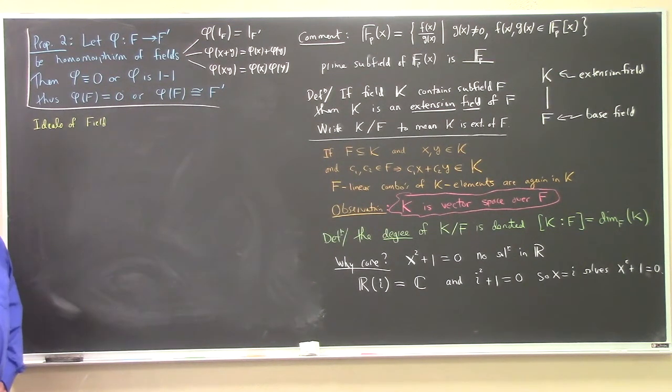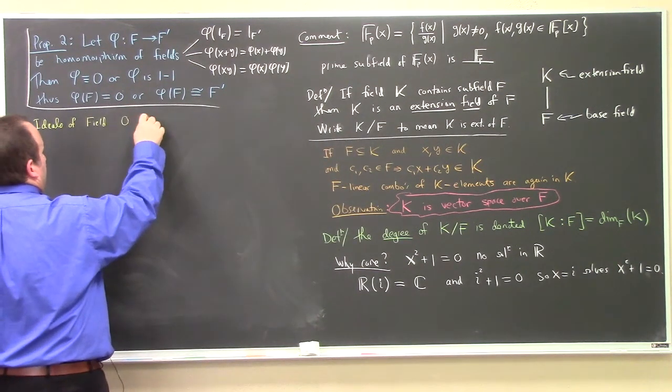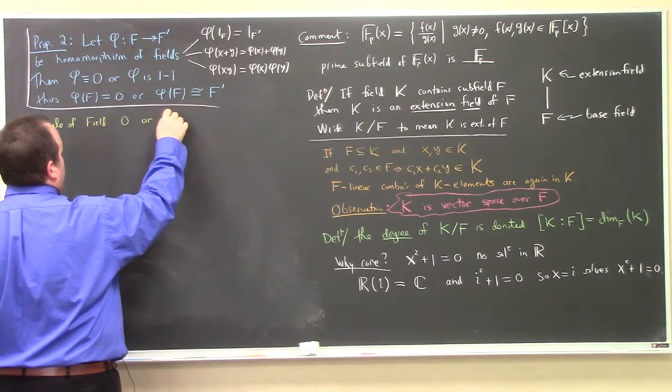so with an ideal in a field, if it contains a non-zero element, then we can multiply that non-zero element by its inverse, which means that 1 is in the ideal. So if the ideal is non-zero, it has 1 in it, which means it has everything. So the ideals of a field either contain a non-zero thing and they're everything, or they're just the 0 ideal. So your choice for an ideal in a field is either 0 or the whole thing,